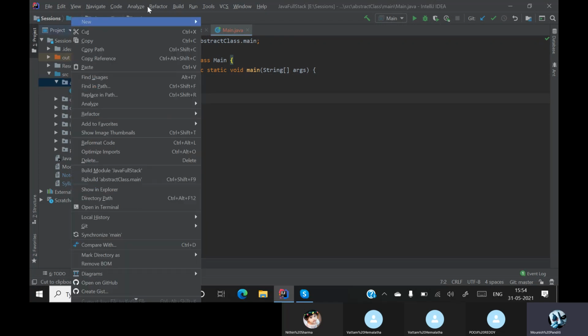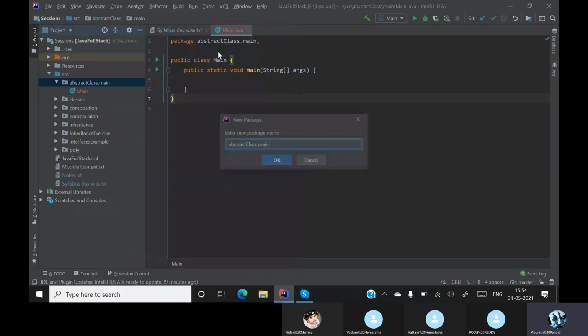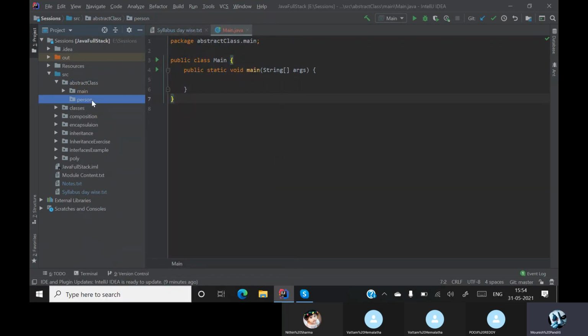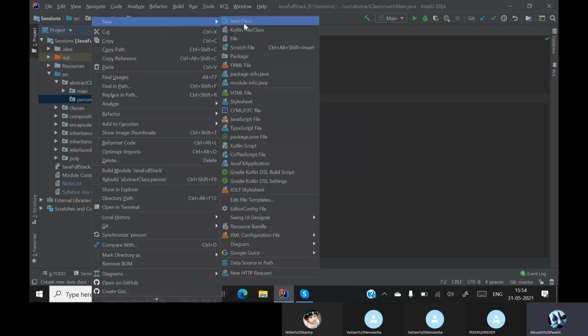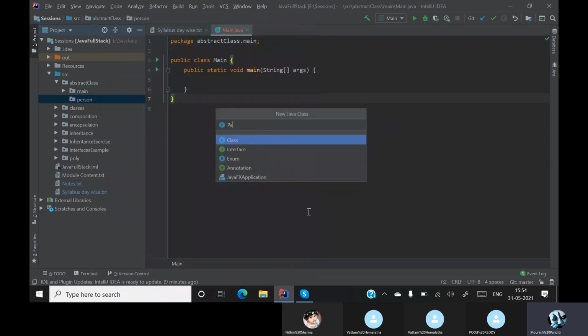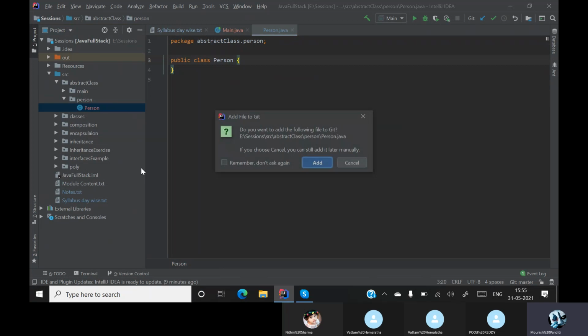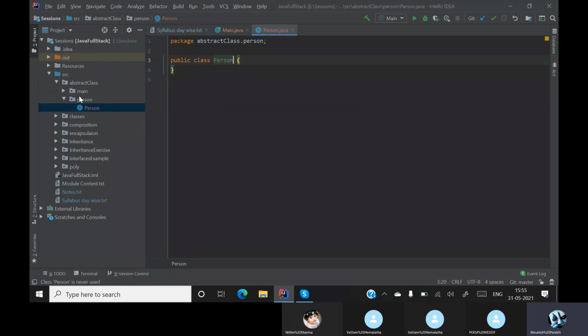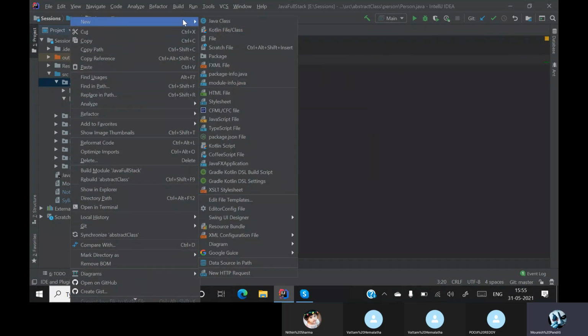Okay, now let me create another package. Let the package name be person. The person package will have a class called person. Now I'll create another package.